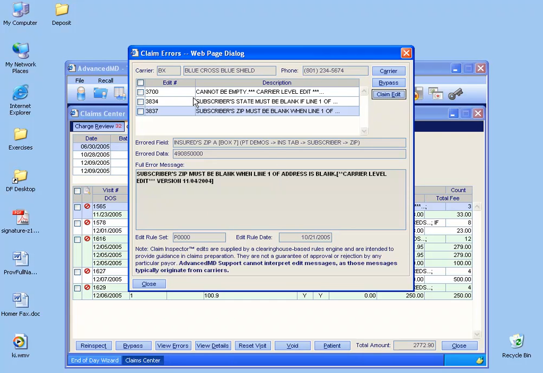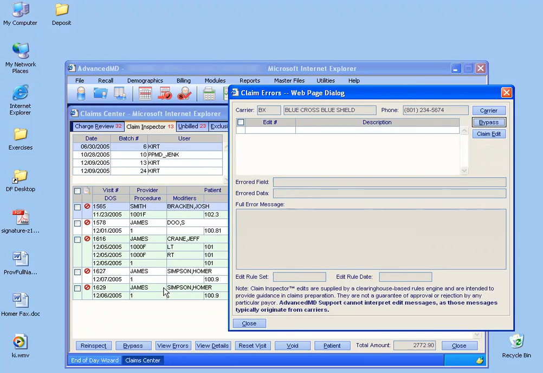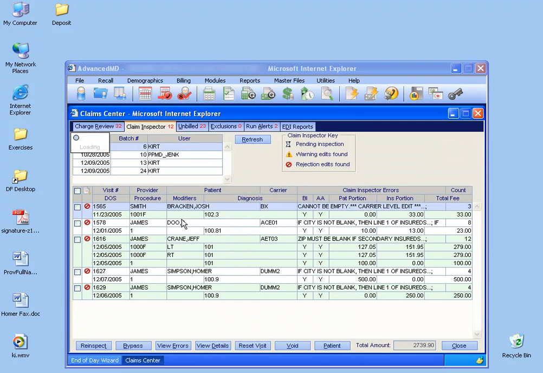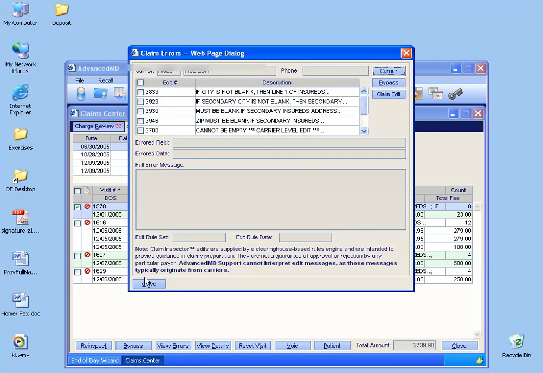When I'm finished and I bypassed all my errors, like for example in here, and click bypass, again, this is for the patient Josh Bracken, that if I move it over, you can see his name there. The moment I click bypass, it will remove him from my claim inspector. And of course, if you want, you can always check the box here for the whole claim if you fixed all of them instead of bypassing them one by one